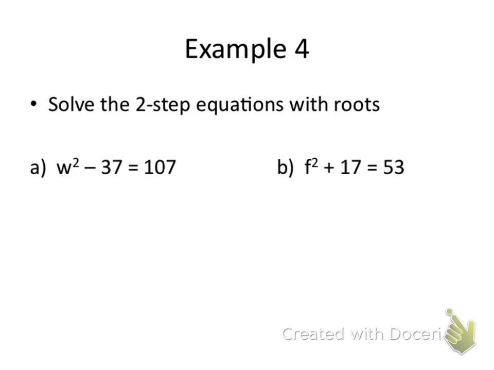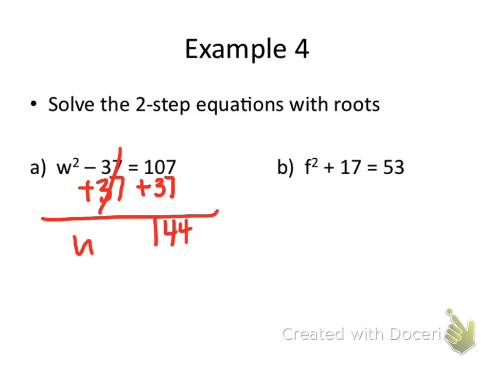If we use the inverse operation of subtraction, we are adding 37 to both sides. And then w squared equals 144. What times itself equals 144? Last step, square root of both sides